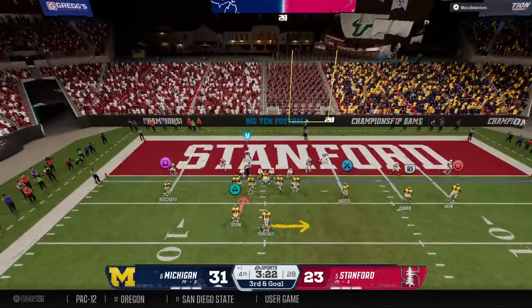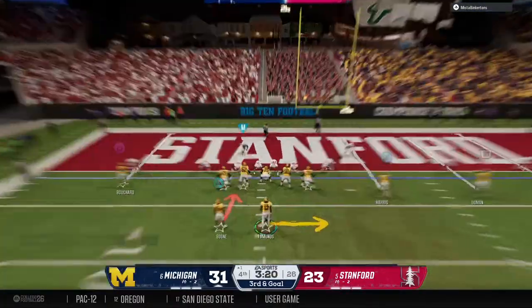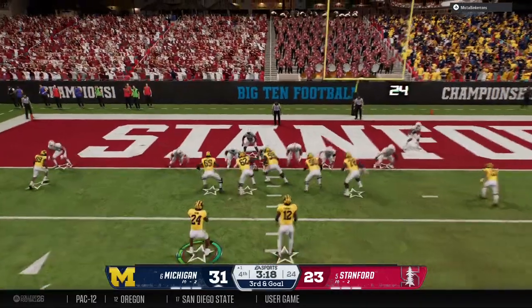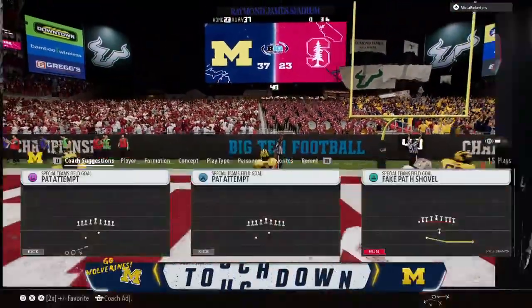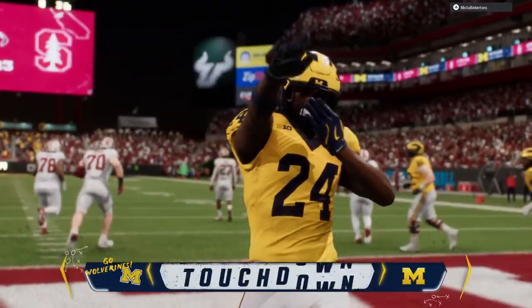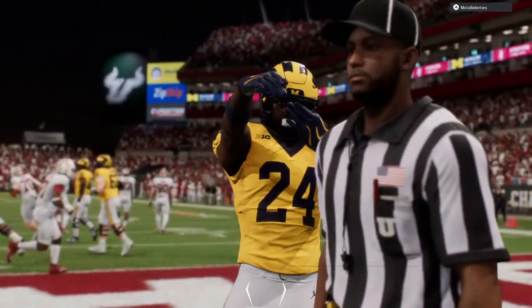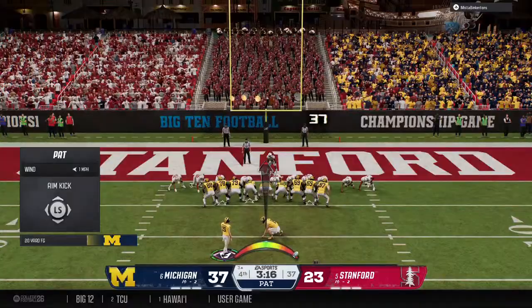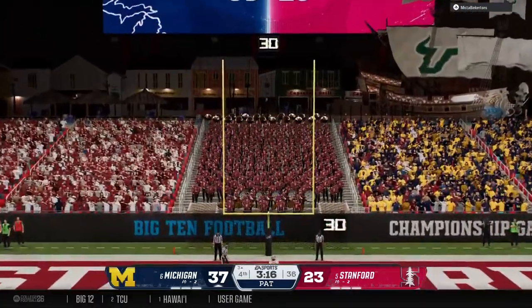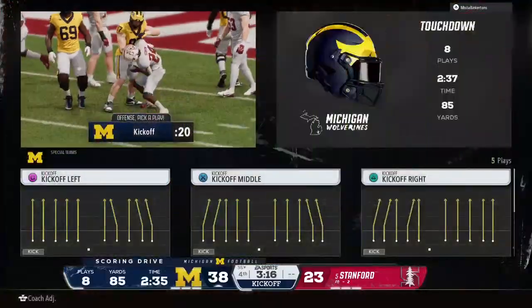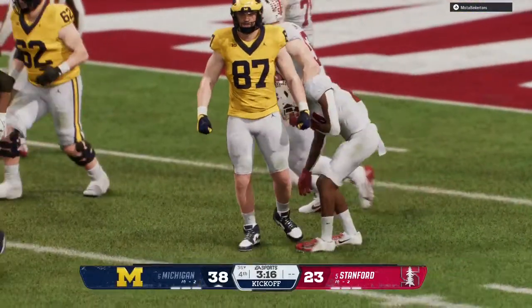They break the huddle for 3rd down and goal. Can they punch it in from the 1? The running back here in a direct snap. And he fights into the end zone. Touchdown, Wolverines. Well, when you have a big physical offensive line, you can wait to 3rd and goal and rely on them and the running back to get you a touchdown. An extra point makes the lead 15 here in the final quarter.